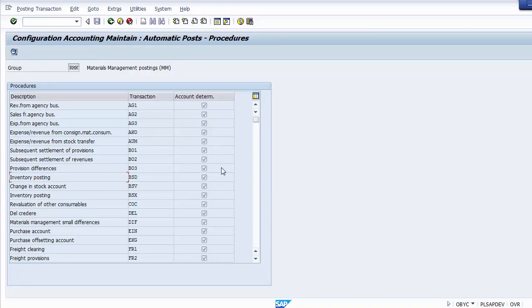So these are some of the transactions which have been taken up over here as a minimum integration part, and the more you can go for is exploring more and more. There are different transactions, so you can go through different transactions at your end as well, but these are the minimum integration points and the transactions which you must be aware of so as to understand the integration of FI and MM, how it has been done. So that is all about the FI and the MM integration point of view. You can go through these and have a better understanding of it.